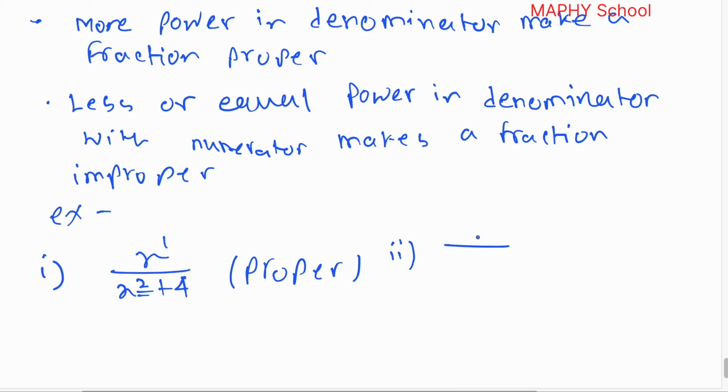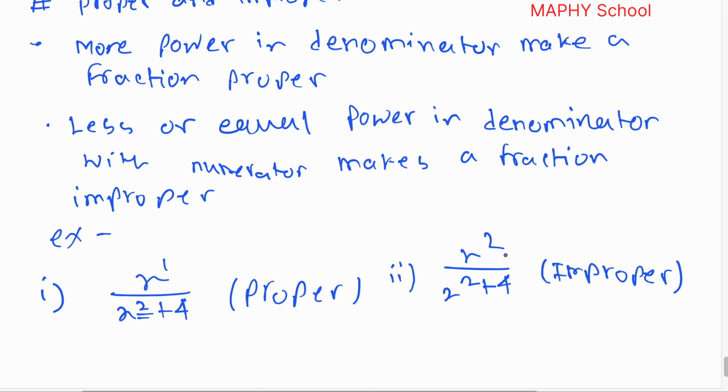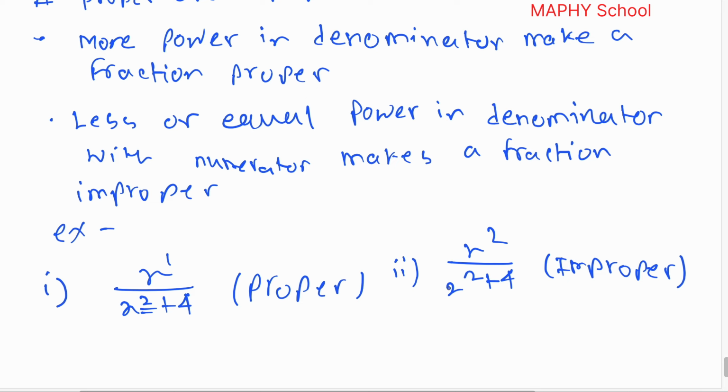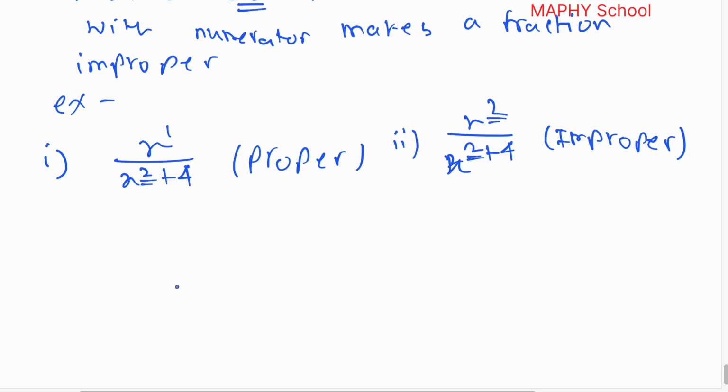Then second, x square divided by x square plus 4. It is improper. Why? Because in the denominator there is x square and in the numerator there is x square. So the powers are equal. So it is improper. Number 3,